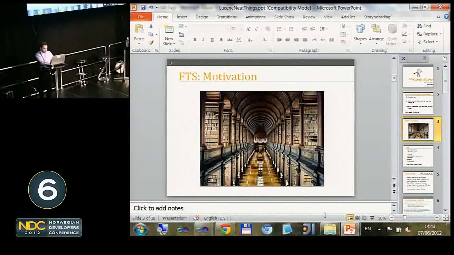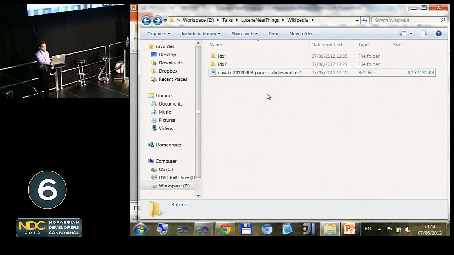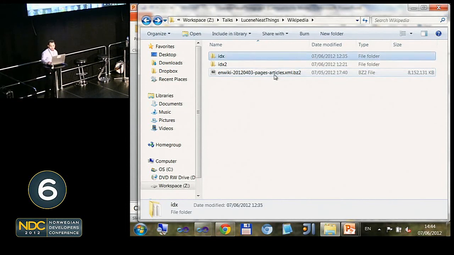For this talk today, I downloaded the English Wikipedia dump, which, as you can see, is something like 8.5 gigabytes. It's very huge. I took it and just indexed it. I built a small application to create an index out of it. This index, as you can see here,